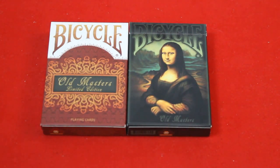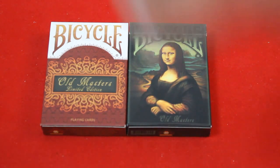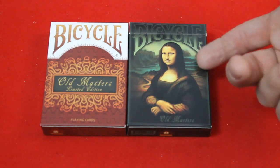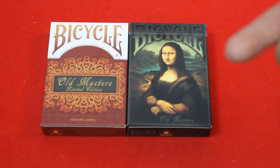This is the Bicycle Old Masters. It's the latest from CollectablePlayingCards.com. As you can see, there's two different decks and different boxes. And this is just a small smidgen of what they had planned. They had, I think, 6 or 7 different boxes planned. But nobody was interested. They never hit those stretch goals. And they never happened. And most of the other boxes just featured more art like this, different court cards featured,